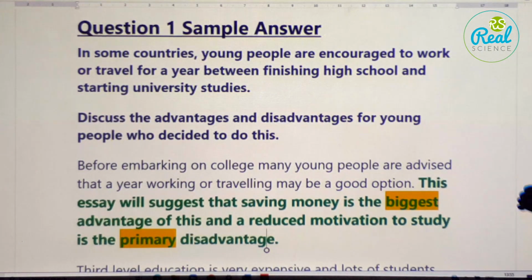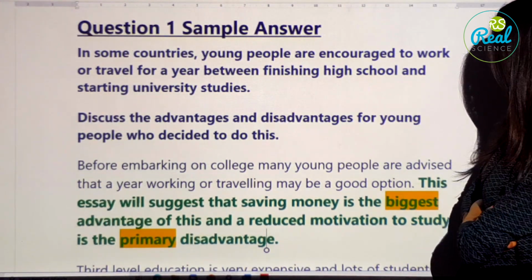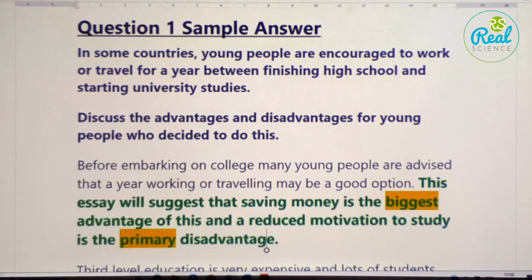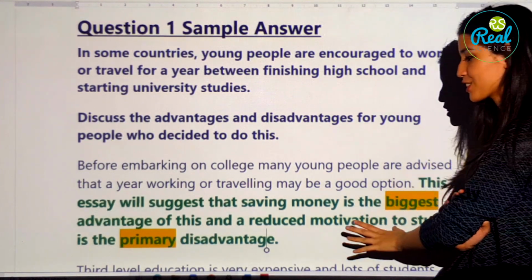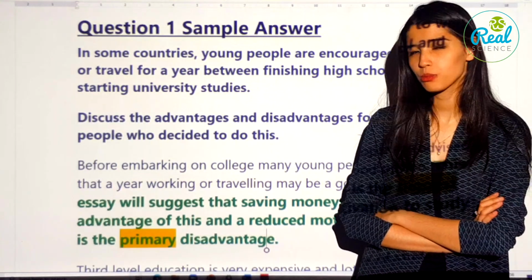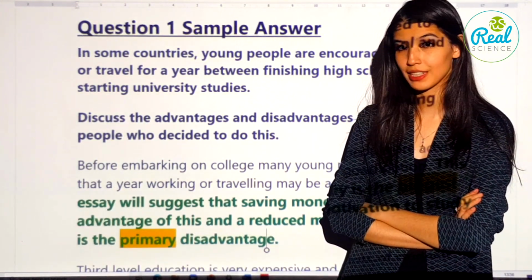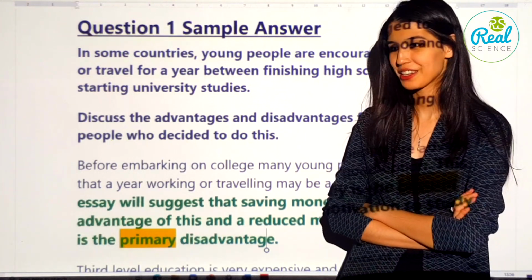Yeah, it was quite short, so I think it was easy to read. Okay, so the thesis statement is not just saying that this essay will discuss advantages and disadvantages of this task, but also says the main advantages and main disadvantages. Is it allowed or is it suitable? It is allowed, yes.